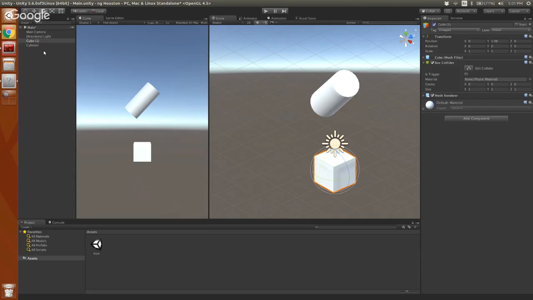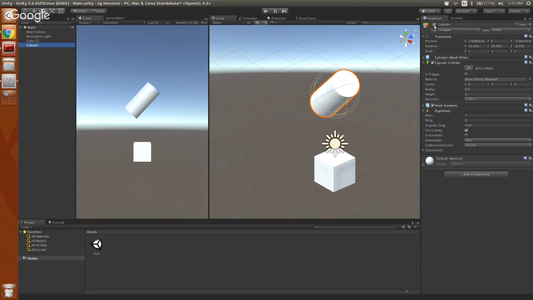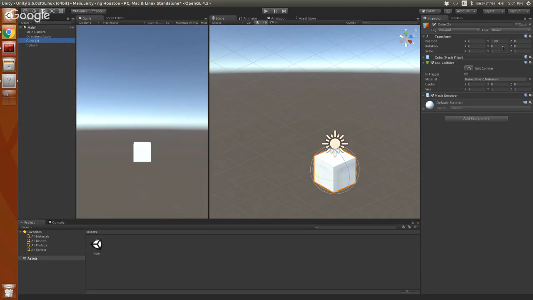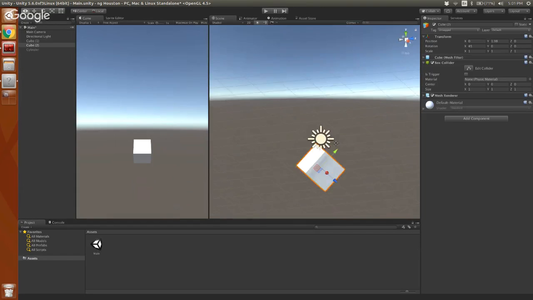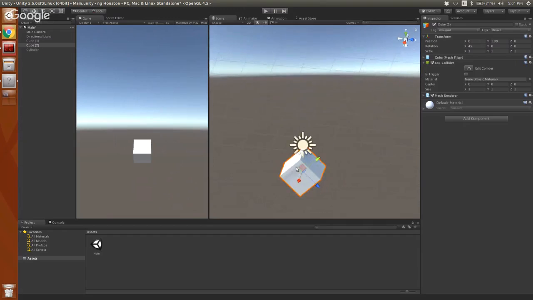So if we leave that cube in, we go to my cylinder, we hit that checkbox. Now that cylinder is gone. It won't interact with anything. And we can try this cube thing. So let's turn this exactly 45 degrees. Whoops, nope, wrong angle. Exactly 45 degrees. And then we can just hit Control-C, Control-V in the hierarchy to make an identical cube at an identical angle. Go to our object moving. And you'll see this is kind of weird now because these controls are oriented to the cube. So I can't just pull it up straight, I have to go like this, but I don't want to do that.